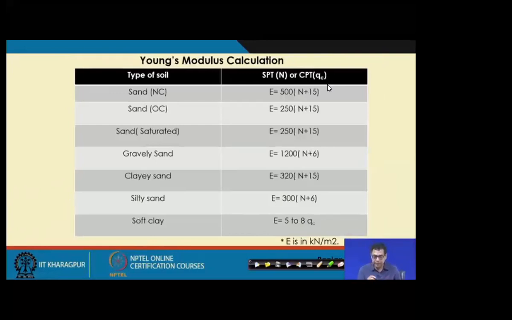Similarly, we can get the Young's modulus or the elastic modulus of the soil by using these equations. This E value is the elastic modulus, and these are the equations. We will use these equations when we solve the problem, and I will discuss how we use them then. N value is the SPT value, and for the soil, by using cone resistance also you can get the E value, the elastic modulus, by using these expressions. Remember that E is in kilonewton per meter square.